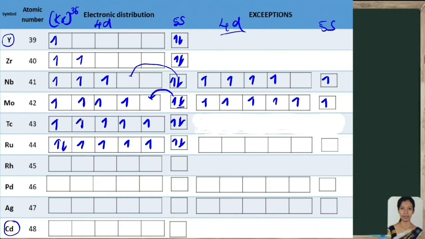This is not true actually. If the one electron comes and pairs with the other electron, this will be half-filled like this. So 5s will take only 1 electron, and the remaining 7 electrons will be in 4d orbital, 5, 6 and 7. This is the actual observed configuration. For rhodium with the atomic number 45, krypton 36 plus 2, 38, 40, 41, 42, 43, 44, 45. This is the actual observed electronic configuration.